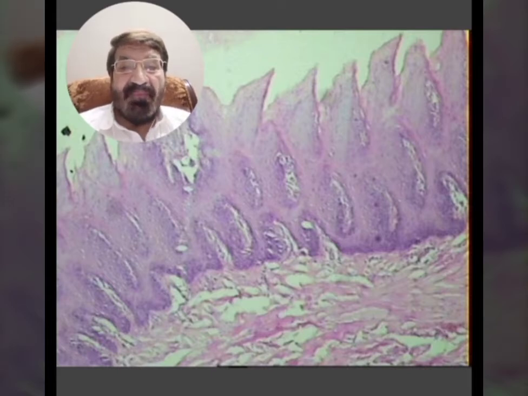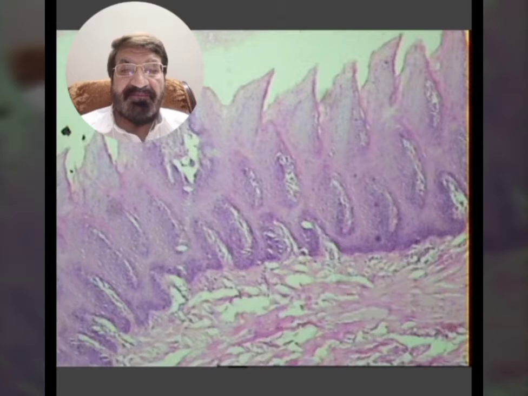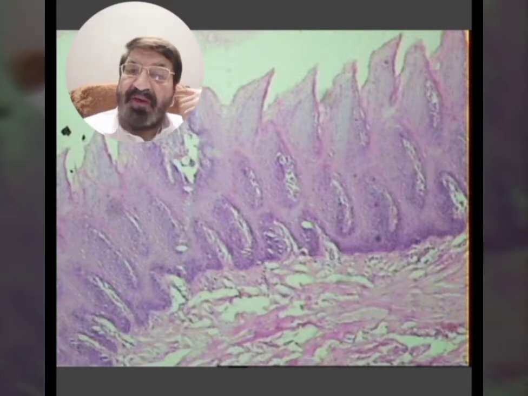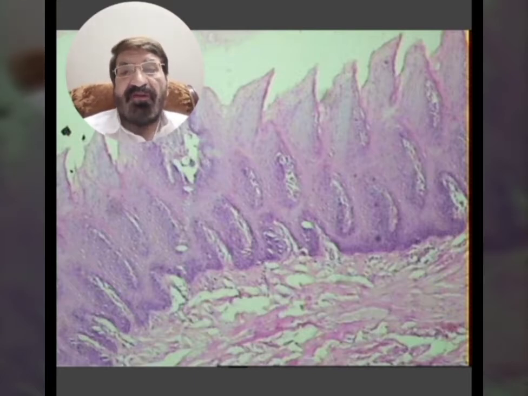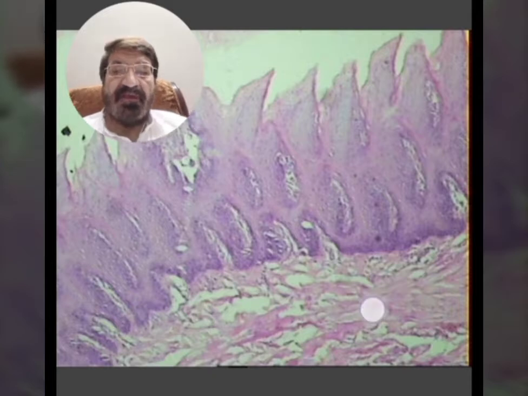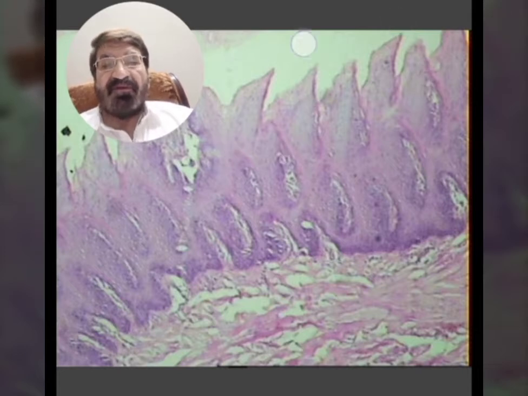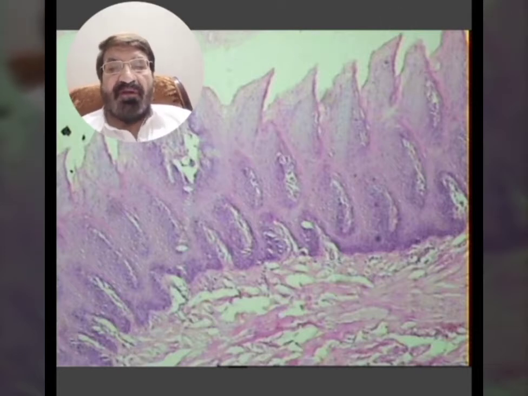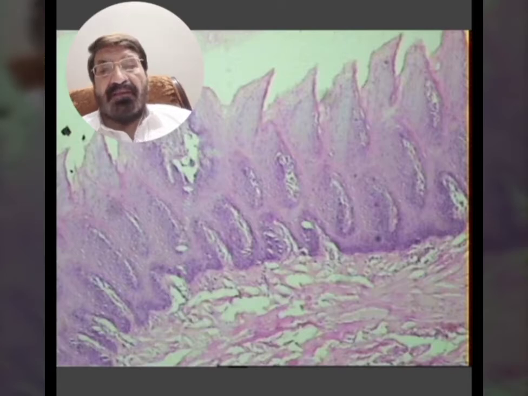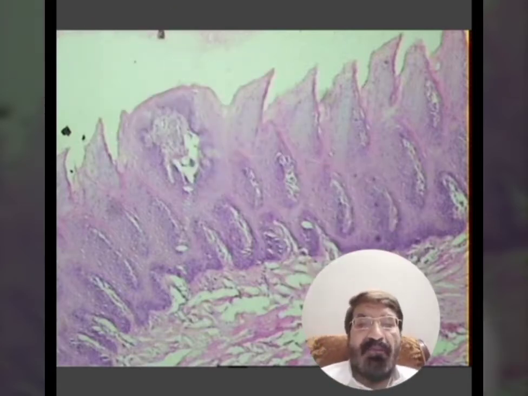तो देखें। This is the slide of the tongue. I have told you that the tongue is a mobile organ which is present in the buccal cavity, and it has got a dorsal surface and there is a ventral surface. The dorsal surface of the tongue is roughened because it has got these epithelial excrescences, these finger-like projections. These are the papillae, lingual papillae, because they are the papillae or the epithelial excrescences.